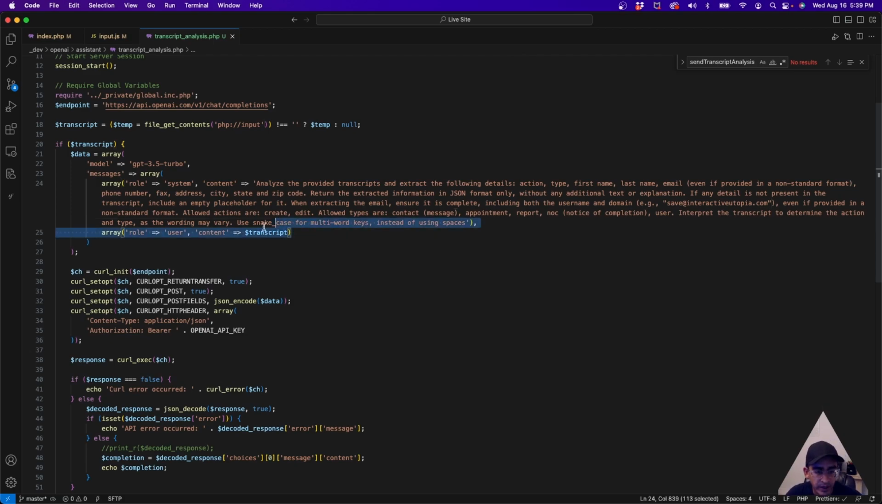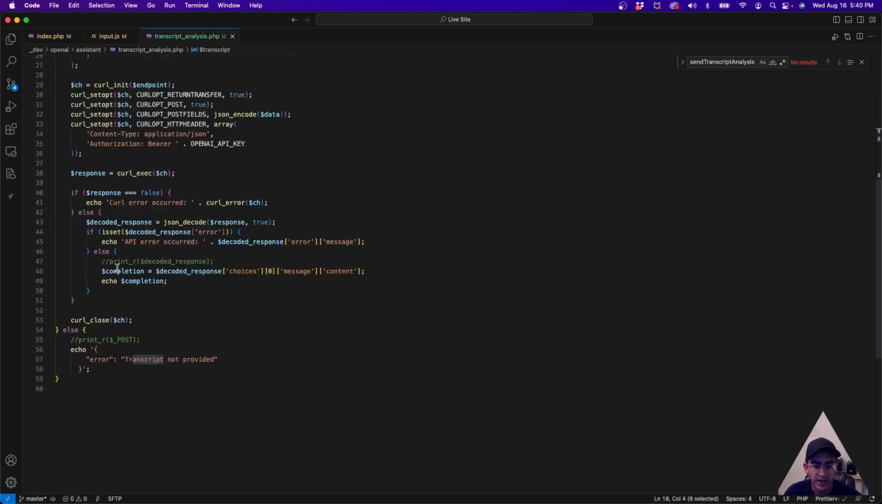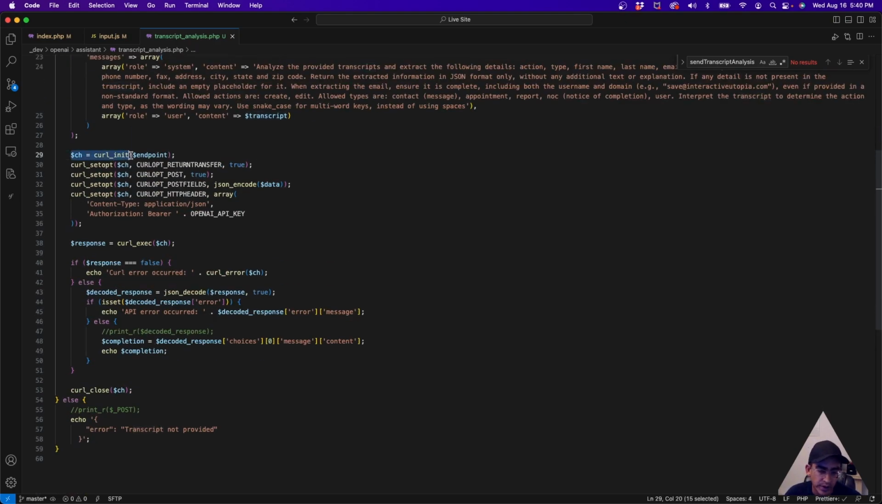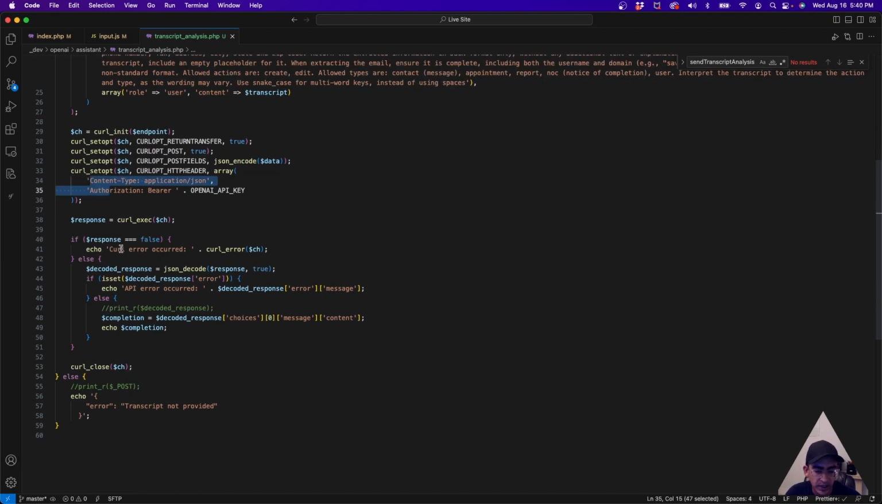And then this area right here is where we're sending the transcript that we obtained from the request that was sent. The rest of it is just a curl request: we're encoding the data, sending the header, sending the API key, and then saving it as the response. If we get an error, we have to show it, and if not, then what we're going to do is get that